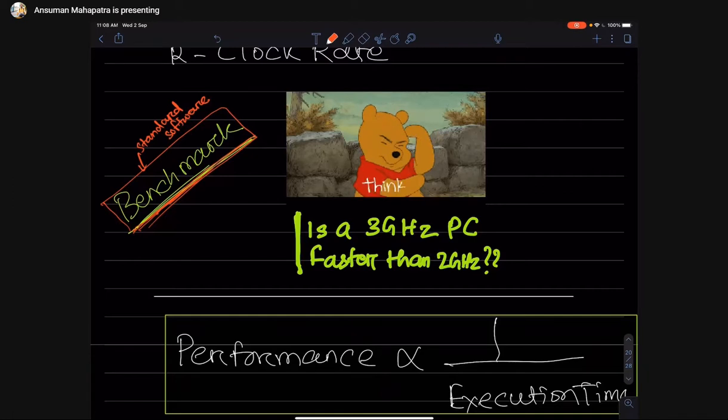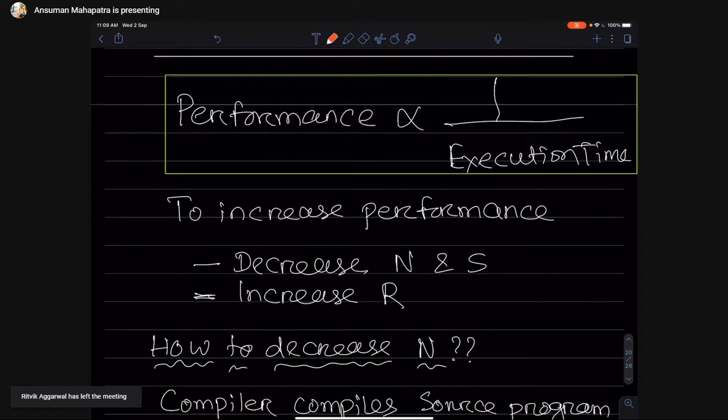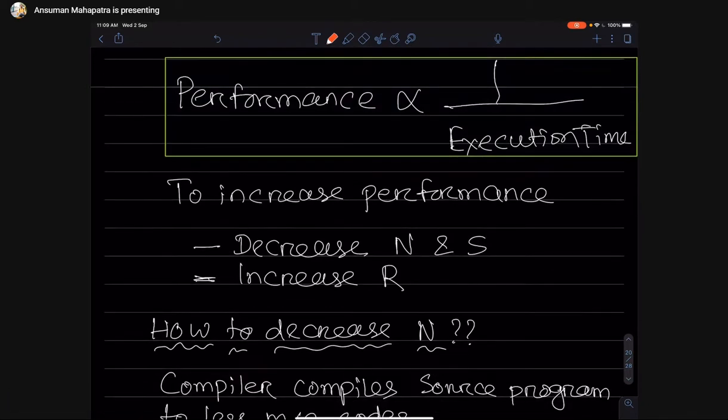Okay, so it is not just a single program, it contains multiple programs. As we have seen, the performance is good if your execution time is less. If your execution time is less, then you can improve your performance.